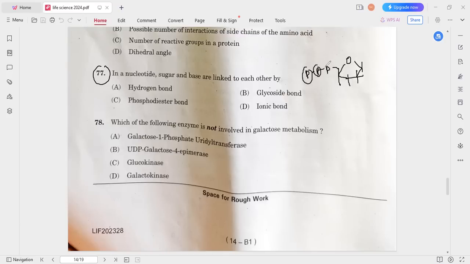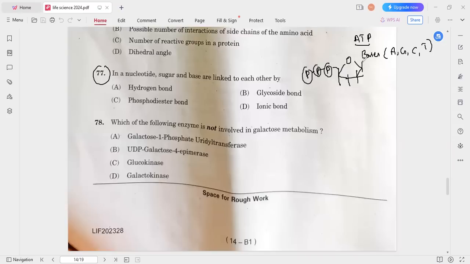For example, AMP, ATP. So ATP means what? Adenosine triphosphate, which contains adenosine, that is a nucleoside. A nucleoside contains ribose sugar, which is linked with the base. So what are the nitrogenous bases? Adenine, guanine, cytosine, as well as thymine. Any one of the bases is linked with the